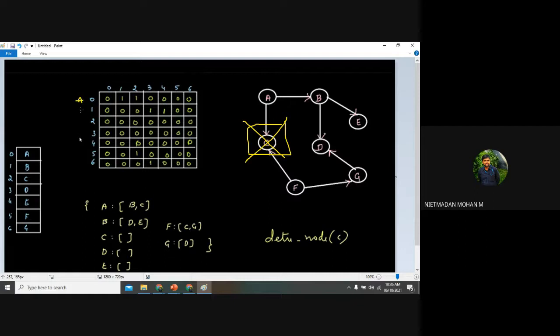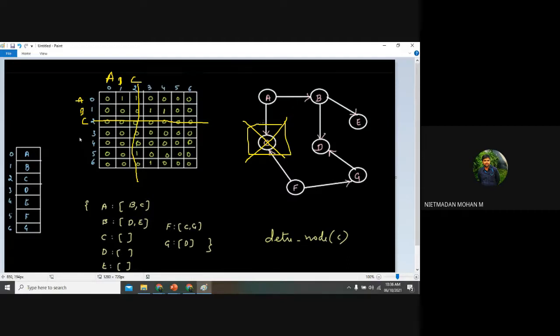This is my A, B, and C, and again A, B, and C. This C will be deleted in the row and the column. After deleting this, the matrix representation will be like this. There is no connection between A and F. The remaining entries will be the same.